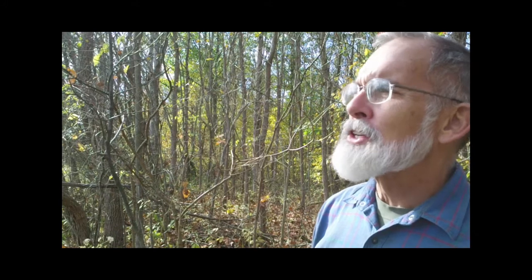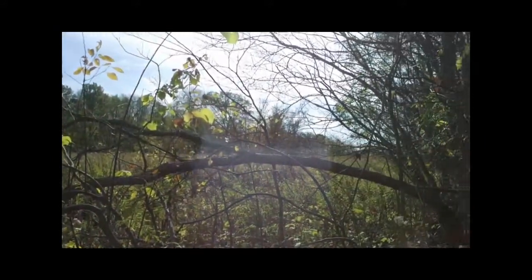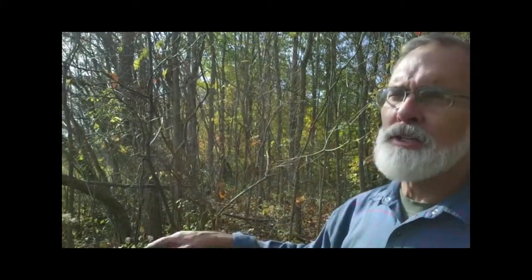The class is working out in the field to one side here, which is part of the preserve, cleaning away volunteer trees from the trees that the trust has planted. The trust is trying to prevent erosion into Big Walnut Creek, just behind us here, by establishing a native tree cover. But the interesting thing about this site where we are right now is that this is the edge of